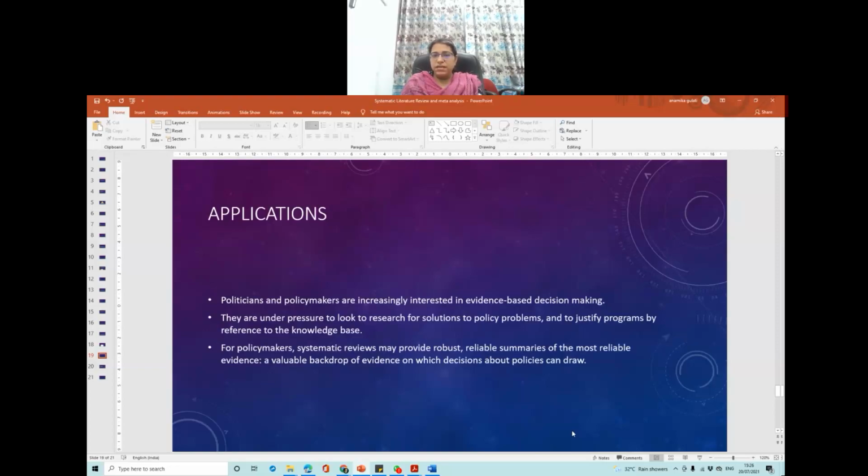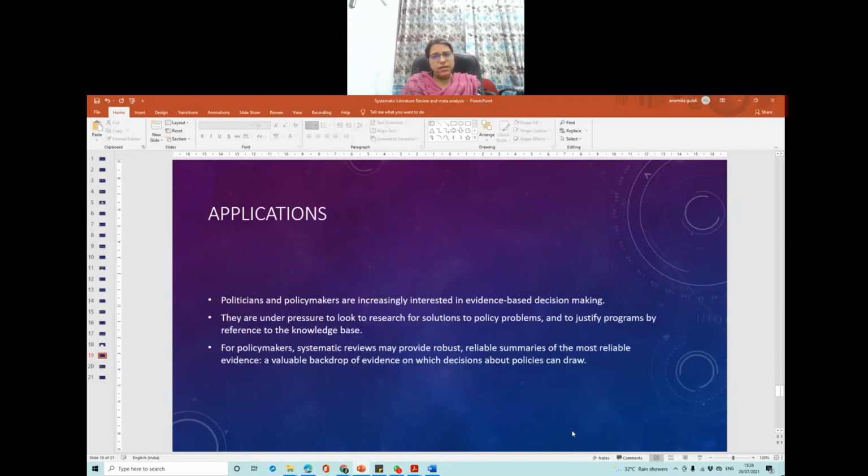In this case, the policy was already made and implemented. In another case, in the early stages of development of a policy, when the policy is yet to be made, what kind of effects can be anticipated can be explored through a systematic review. Also, when it is known that wide research has already been done on a particular subject, but there are still many questions which remain unanswered, a systematic review is done.